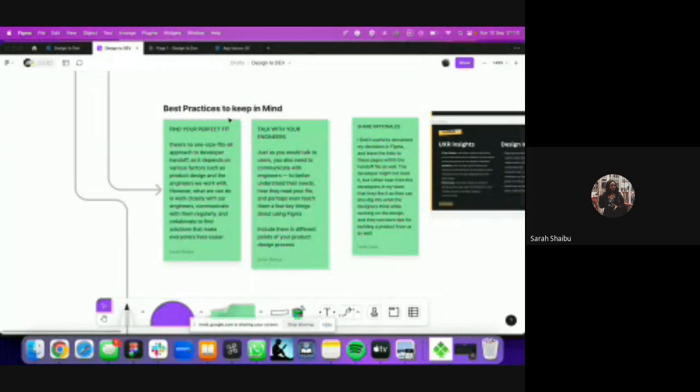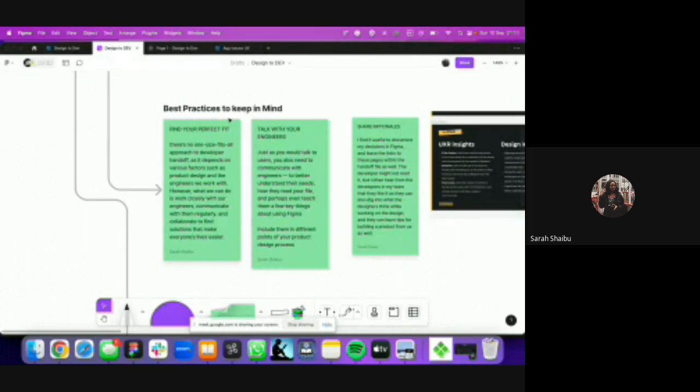But what we can do, when working closely with these engineers, is communicate with them regularly and try to find solutions to make their lives easier, our lives easier, and the process from design to development very smooth.